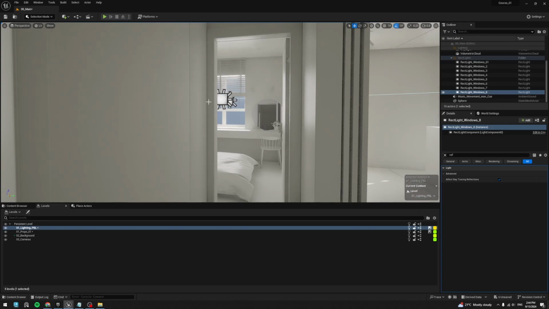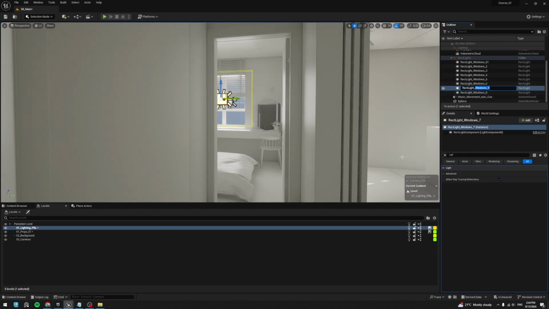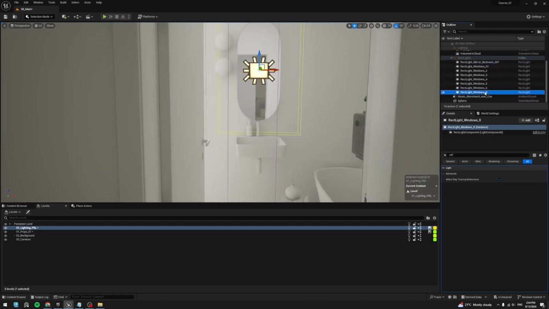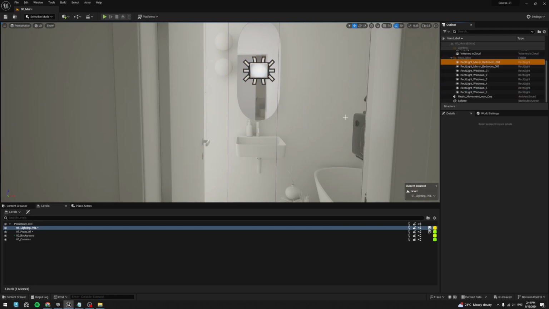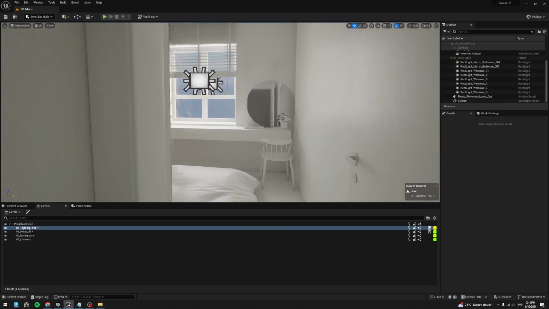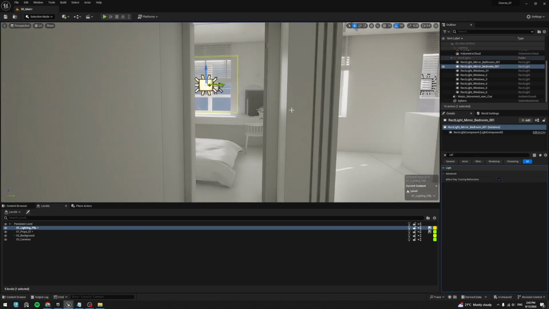Then I just like to grab those two, for example this first, and rename them. So rect light, mirror, bedroom 001, and this one will be bathroom 001. Okay, so we cover somehow the quality of the mirror with some sort of a trick,